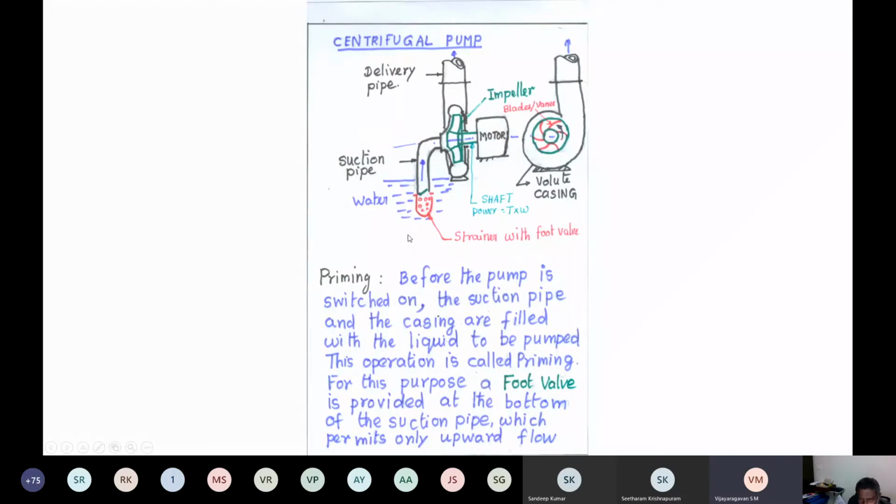At the start, it'll have only air, so it might overspeed because of excess torque. Or you have low torque, overspeeding, all those things, characteristics of the motor. Okay. A normal induction motor will have a torque-speed characteristic. It will not be able to generate the necessary pressure difference for lifting up the water.